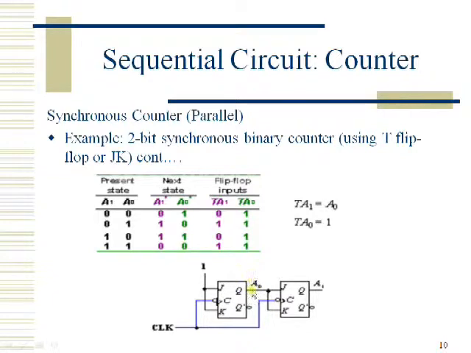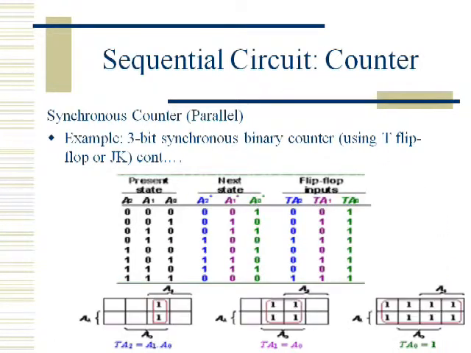That is, A0 is the output of this particular flip-flop, therefore A0 is connected to J as well as to K, and the clock signal should be the same for both the flip-flops. Why? Because it is a synchronous counter. And here A1 is the output of this second flip-flop, so A1 is MSB and A0 is LSB. So this is how we are going to implement a 2-bit synchronous counter.